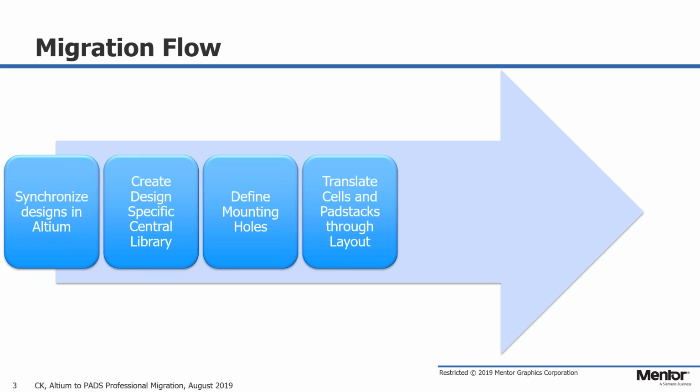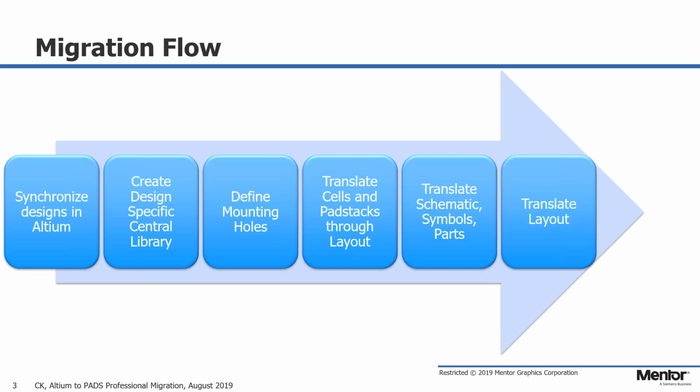Okay. Once all that setup is done, we'll start the translation of the data. So we're first going to translate the cells and pad stacks through the layout. So we'll pull all of those into our central library, verify that those are there, verify that those look good, and then we'll move on forward to the schematic, symbols, and parts. That'll be the next part that we pull into PADS Professional. And the last data piece that we'll pull in is the layout. So we'll pull in our layout from Altium, sync that up with the schematic,